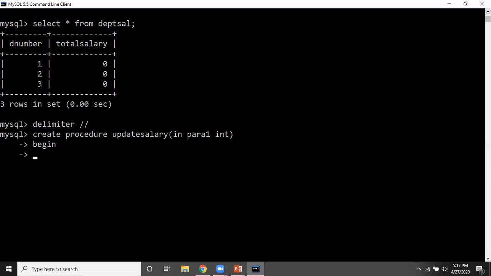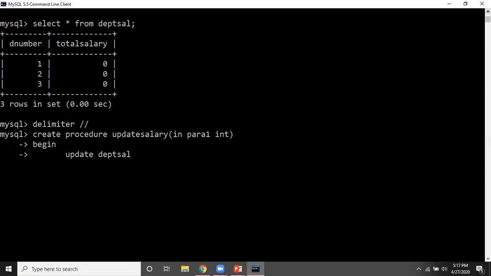So inside begin I will write what I am doing. I am updating the salary. So here I am writing update and the table name. My new table name where the updated salary will come is department salary.